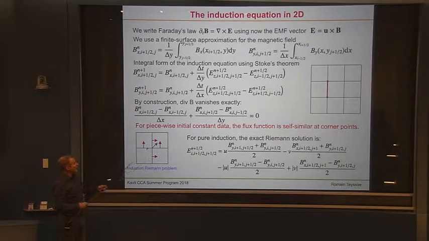Because then you can compute the electric field, which is properly upwinded, right? Using what we said yesterday, in order to stabilize your scheme, you need to use the upwind value, right? And the upwind value here is now defined in a 2D sense, not in a 1D sense. So that's the electric field you're looking for. And the blue arrow here is the velocity field, for example. And if the velocity field is pointing in this direction, it means you need to use this electric field, the one here, the upwind value.